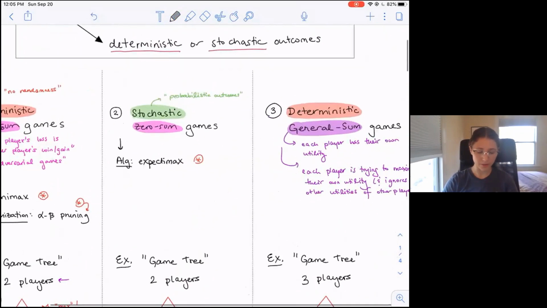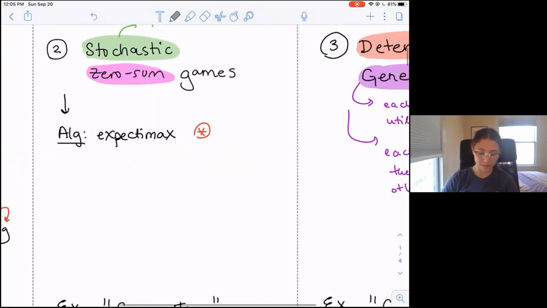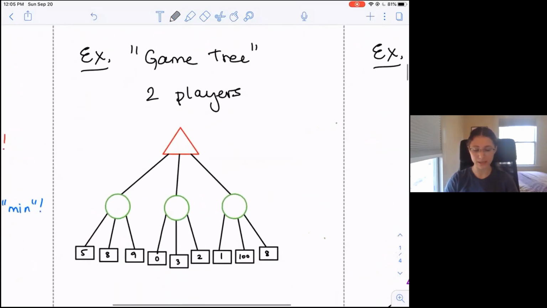Okay, what about our stochastic zero-sum games? Well, they're going to look really similar, and let's write down here our game tree one more time, where once again we have player 1, which is going to try to maximize at the very top. But the other player, the second player involved in our game, we're not sure exactly how they play. Maybe they don't play exactly optimally. And when we don't know exactly how that other agent is going to play, we have uncertainty about the outcome of the ultimate game. And so what that means is that in our game tree, we're going to formulate the other player by something called a chance node,